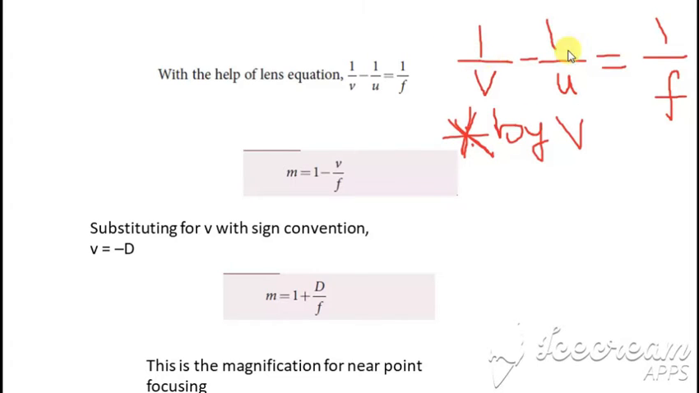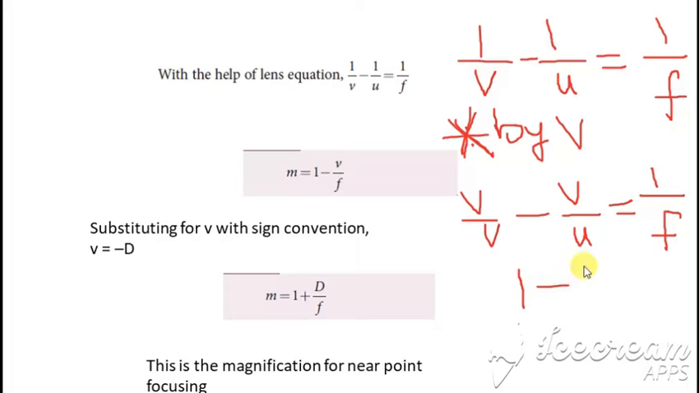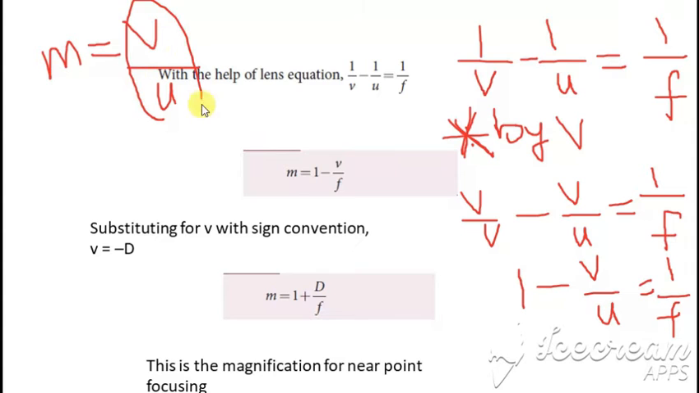So if we multiply throughout by v, we get v divided by v minus v divided by u, which is equal to 1 divided by f. Okay, so v by v cancels, so we get 1 minus v divided by u, which is equal to 1 divided by f. We already know the formula for m is given by v divided by u, is it not? So instead of this v by u, we substitute m in this place, so we get 1 minus m,